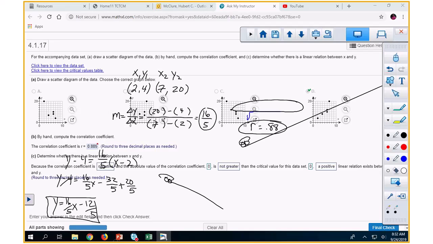Does correlation mean causality? No. Does causality mean correlation? Yes. All right, so